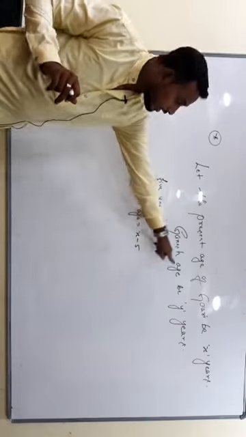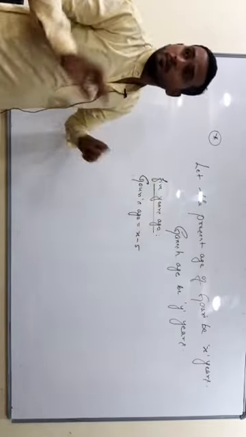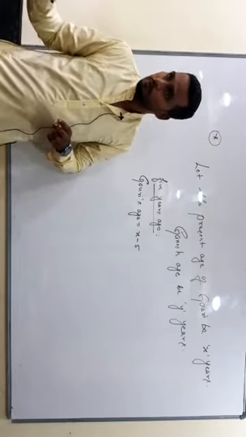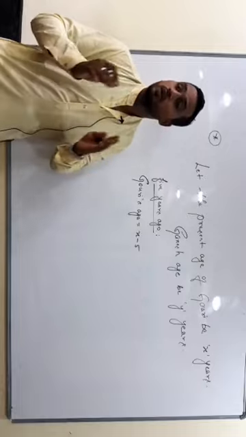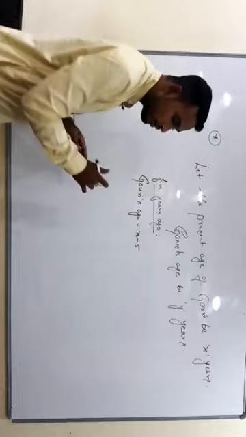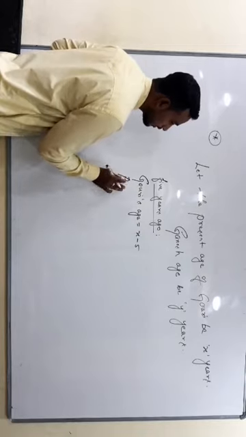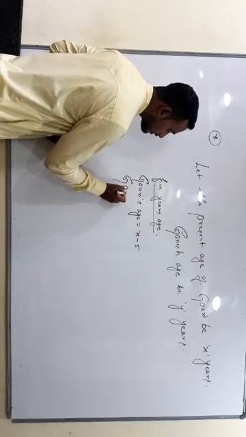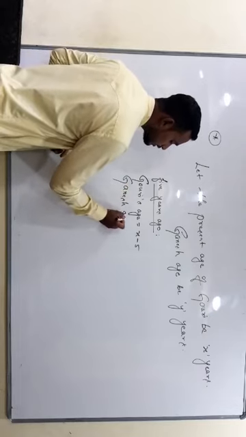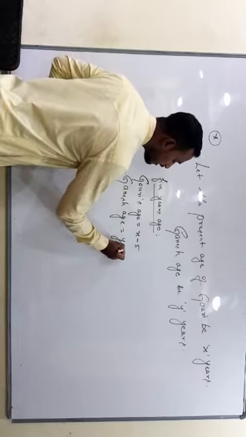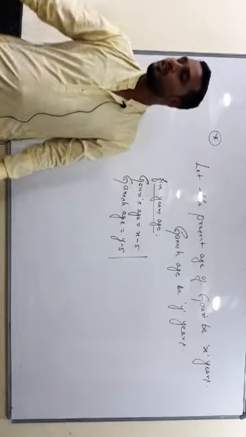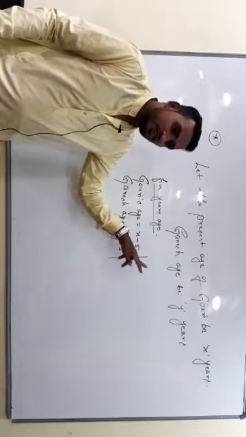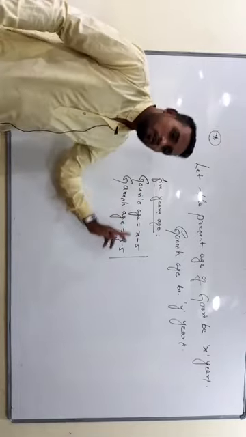Got it? Then what about Ganesh's age? I'm not calculating yet, I have not entered into your problem, I'm just concluding what their ages were before. Understood? Now what about Ganesh's age? Ganesh's age will be y minus 5. Simple. Logic is simple, right? Gauri's age will be x minus 5. Ganesh's age will be y minus 5.